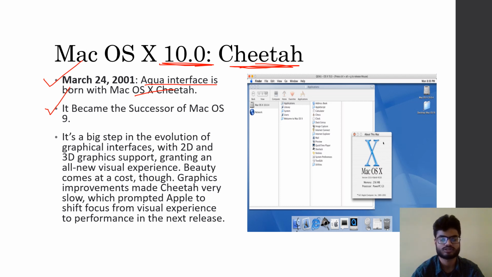This was a huge step from the company. It was a big step in the evolution of graphical interfaces, with 2D and 3D graphics support, granting an all-new visual experience. And this was a great step towards the evolution of graphics from 2D to 3D. And then beauty comes at a cost, though. Actually, these systems were very costly. Note this. And the graphics improvements made Cheetah very slow,